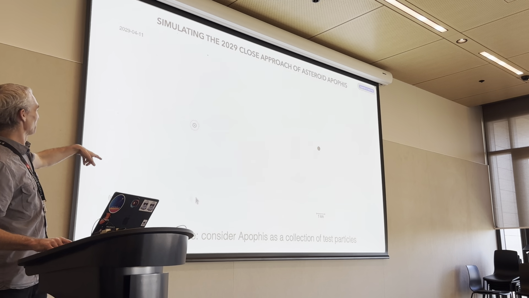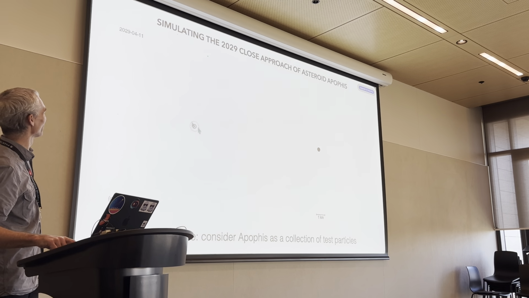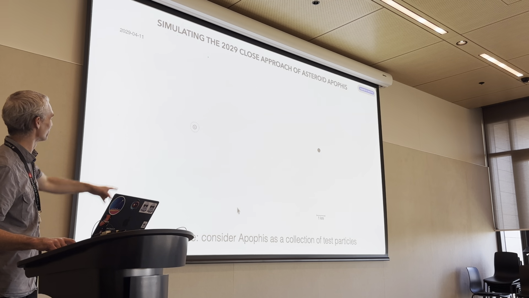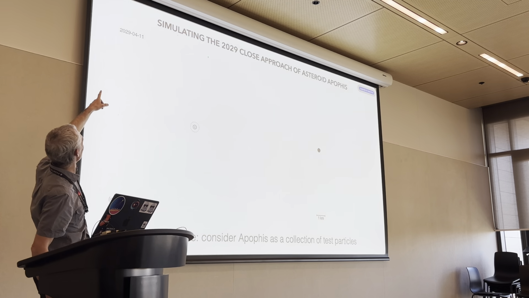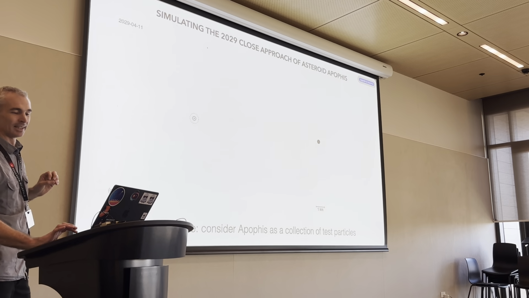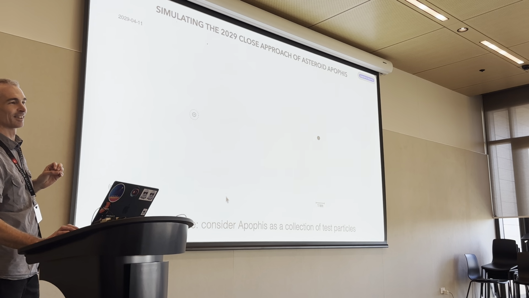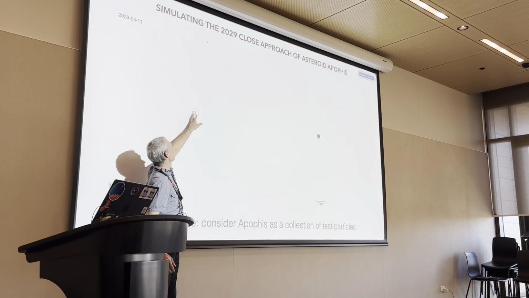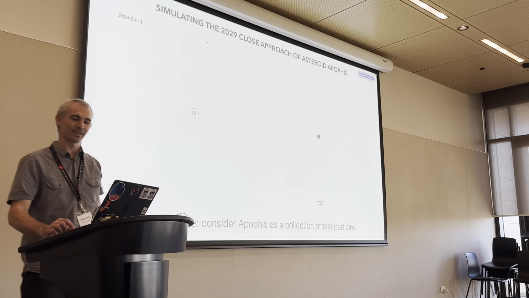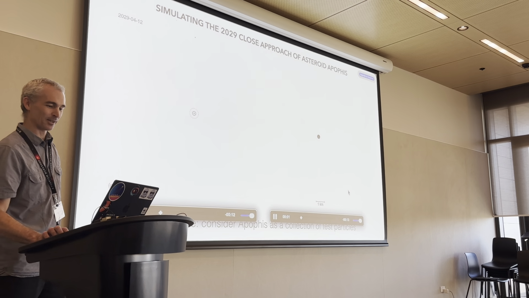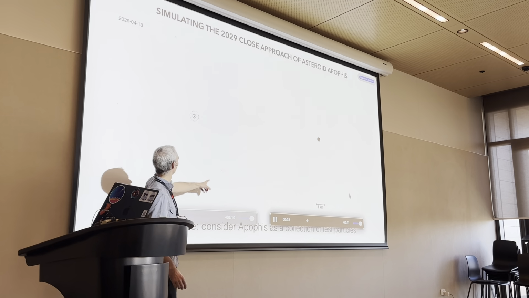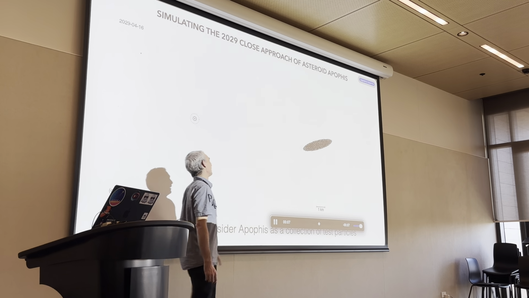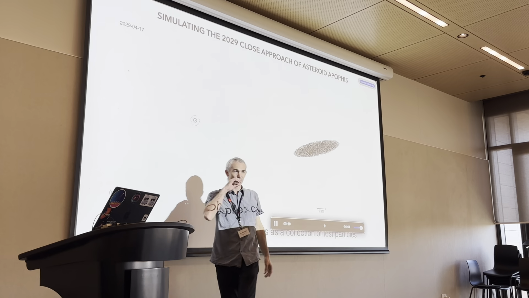This is a Phantom simulation of asteroid Apophis. This is the Earth, this is the Moon, and the asteroid is coming in from the bottom right. This is 2029, the 11th of April. The passage happens on Friday the 13th. These two are the Roche limit, where the thing would be completely disrupted and destroy all life on Earth. Thankfully, Apophis will not destroy all life on Earth, but it goes mighty close and nearly hits the Moon as well. And so understanding the response of an asteroid to a near-Earth